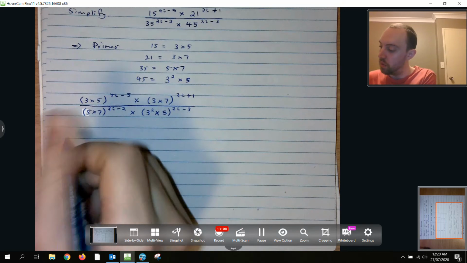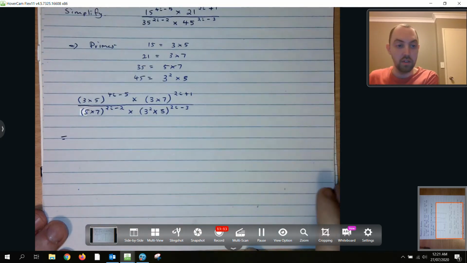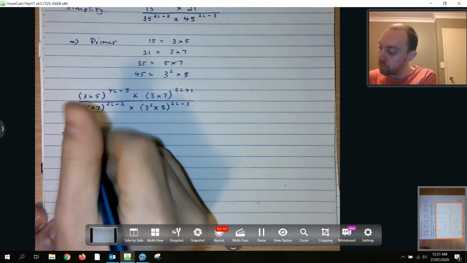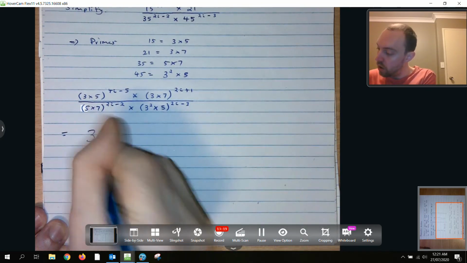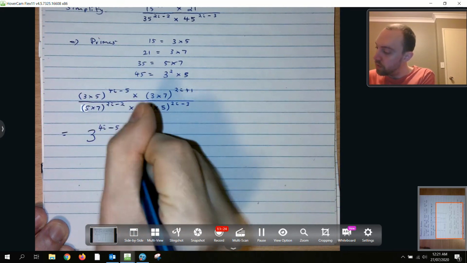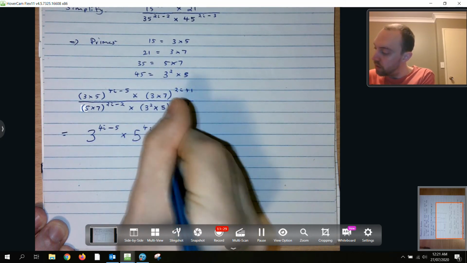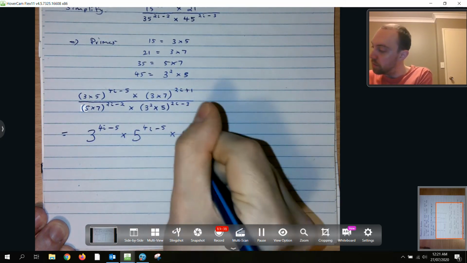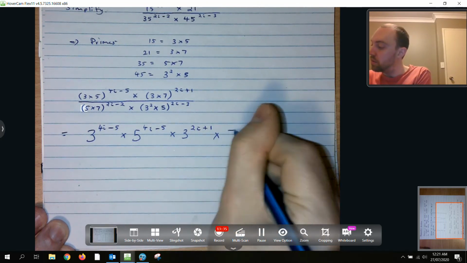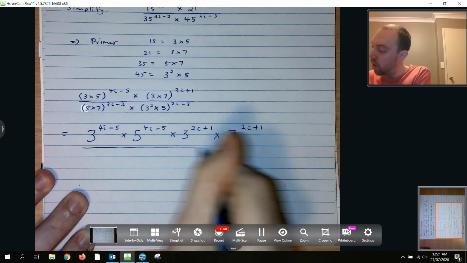This is going to get quite large, and I'm already running out of room on this page, so bear with me. We're going to have 3 to the 4i take 5 times 5 to the 4i take 5 times 3 to the 2i add 1 times 7 to the 2i add 1, all over